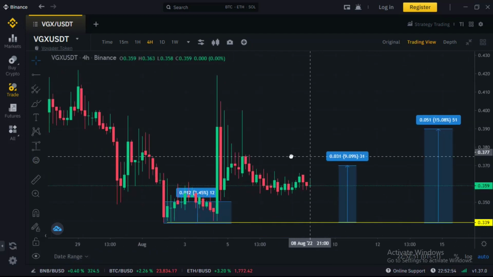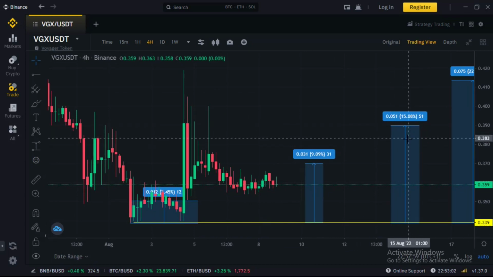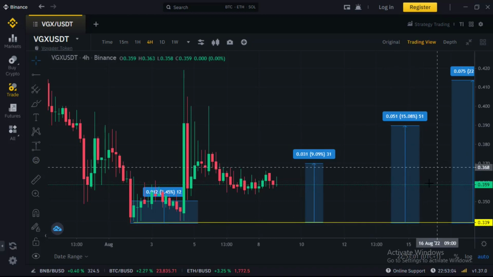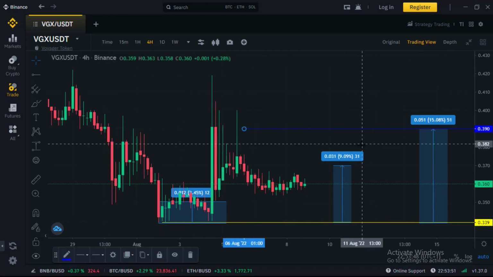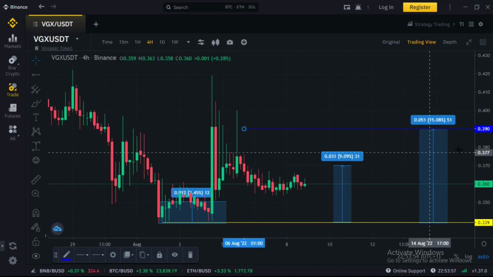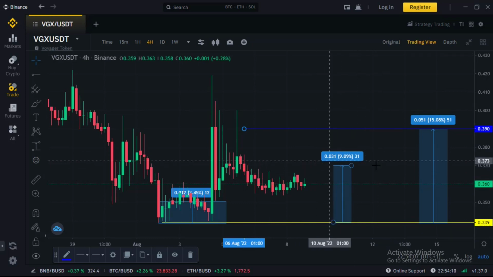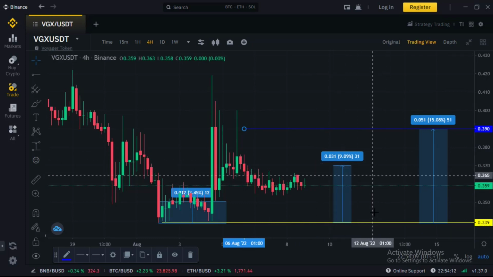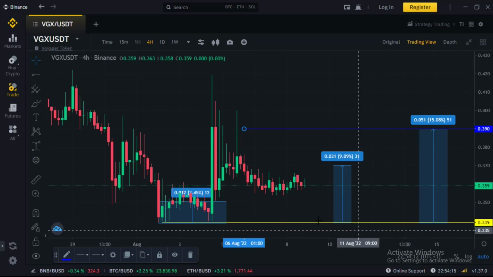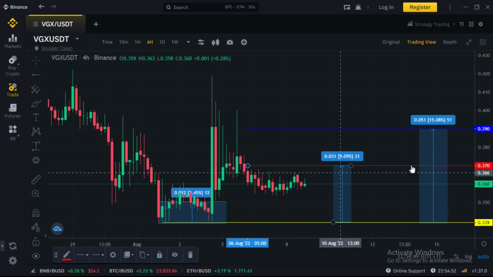For example, for you to get your entry price, you have to measure 15%, starting from the lowest price of the green candlestick bullish trend starter, and then use the blue horizontal line to indicate your entry price, which is 0.390 cents. And next up, for you to get your stop loss price, you have to measure 9%, starting from the lowest price of the green candlestick bullish trend starter. And then use the red horizontal line to indicate your stop loss price, which is